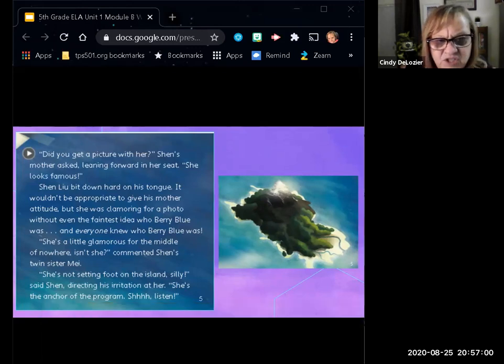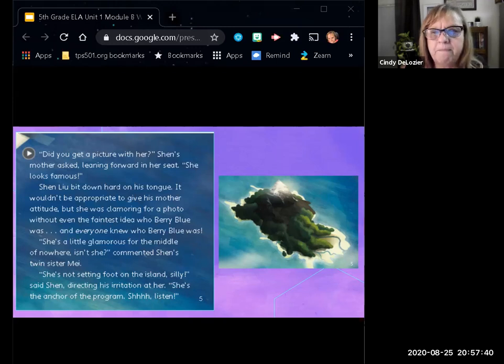Did you get a picture with her? Shen's mother asked, leaning forward in her seat. She looks famous. Shen Lu bit down hard on his tongue. It wouldn't be appropriate to give his mother attitude, but she was clamoring for a photo without even the faintest idea who Barry Blue was, and everyone knew who Barry Blue was. She's a little glamorous for the middle of nowhere, isn't she? Commented Shen's twin sister, May. She's not setting foot on the island, silly, said Shen, directing his irritation at her. She's the anchor of the program. Shh,